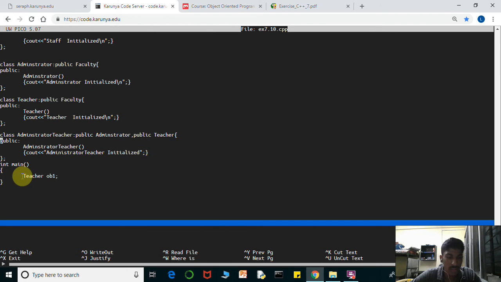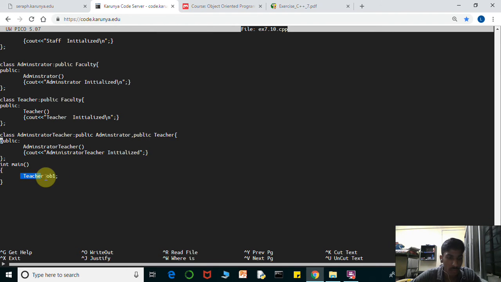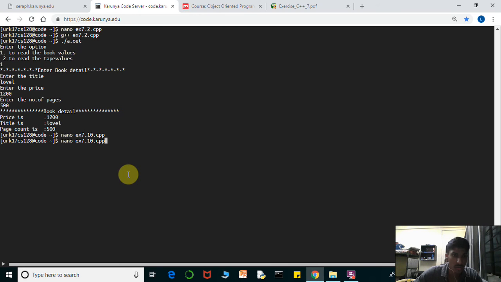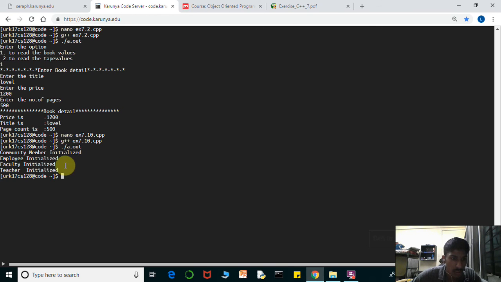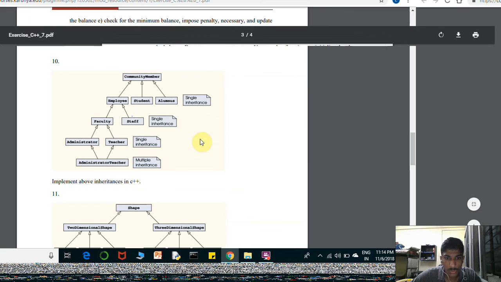In the main function, I have just created an object of class teacher, called op1. So let's see this program. First, we compile it. Now let's run it. Here we can see community member initialized, employee initialized, faculty initialized, and teacher initialized. So our topology